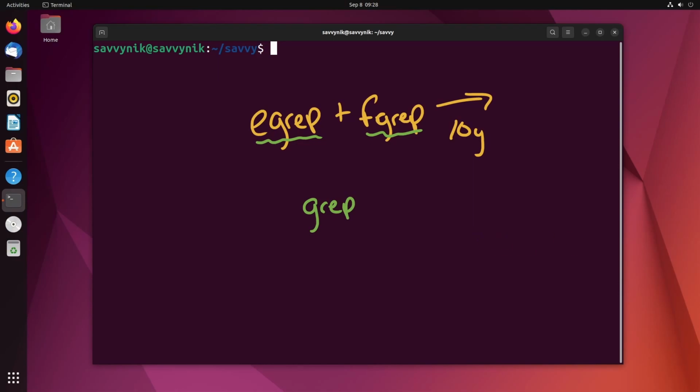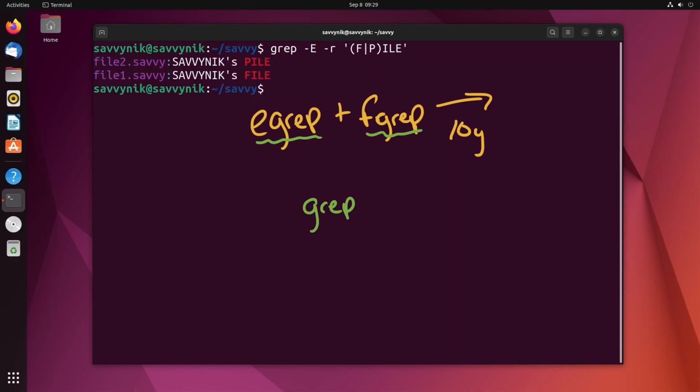Let's talk about what we can do here. So here's egrep again. How do I find an equivalent in just regular grep? Well, I can do this fairly easily. You remove the E. I'm going to keep the -r in and just put a -E as a switch, and that acts the same. Notice it returned pile and file, and I did not have to escape any characters in my string this time, giving you the ability to use those regular expressions without having to escape things,